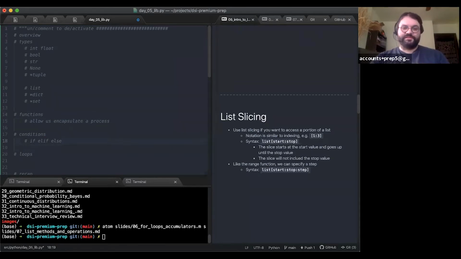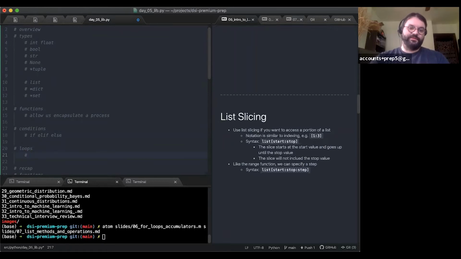Conditions are obviously pretty necessary. We don't want the program to do the same thing every time. We want it to do things dynamically based on whatever other factors. So being able to check conditions will allow us to execute code under certain circumstances and not under other circumstances. So obviously that's pretty useful. Loops allow us to repeat a body of code. Loops and iteration. So just repeat something in our code. It'll allow us to do repetitive tasks, right?